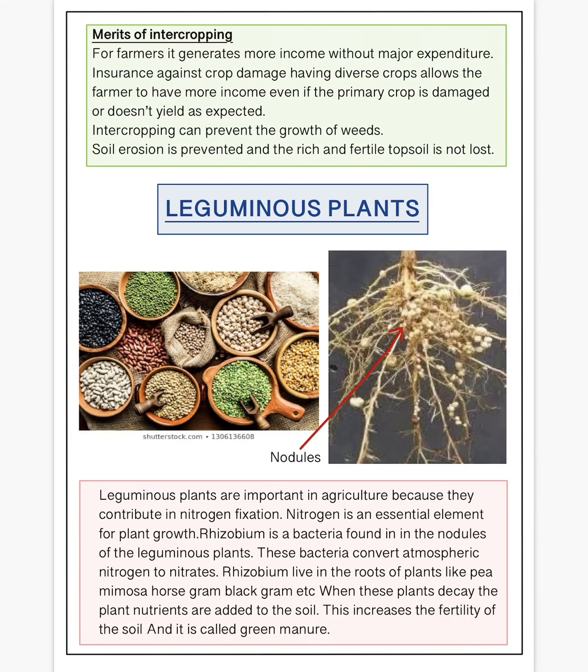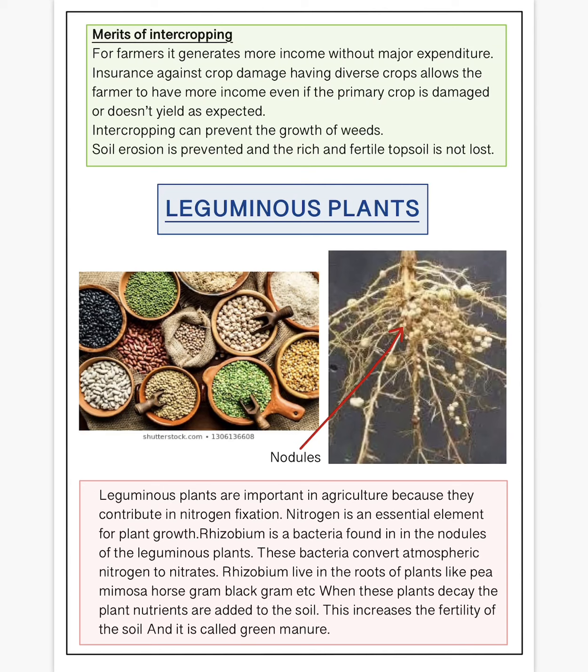Now, to increase the fertility of the soil, you can add fertilizers, etc. Usually if you see in your house, when a man goes up to the coconut tree, plucks the coconut, the rest of the leaves, they cut it and put it at the base of the coconut itself. Yes or no? Why? Because when they decompose, they give a lot of nutrients to the soil.